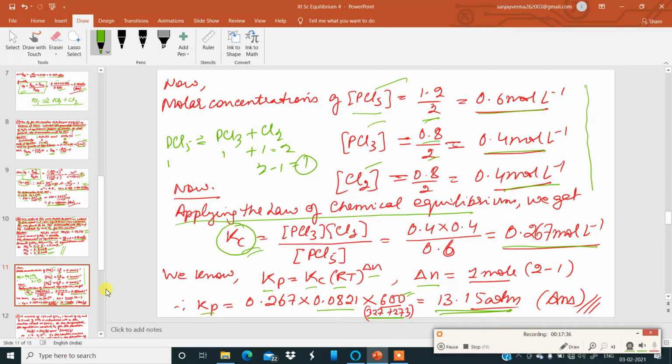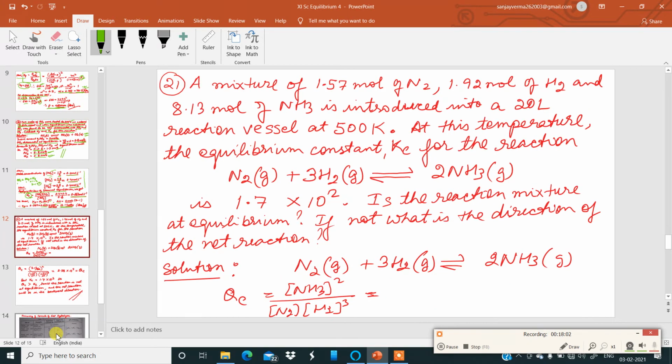I am waiting. You just copy this working. You can go back in the video, you can just reverse the video in the backward direction, and then copy the question as well as the solution for this part. But if you don't copy the question and work out the solution, write down the solution slowly, you will never benefit. That is 100% assured. Now let us move to the next question over here. That is question number 21.